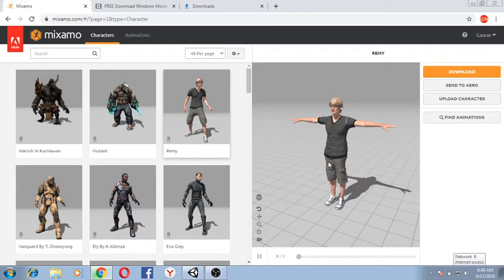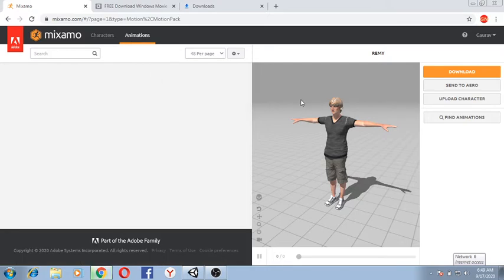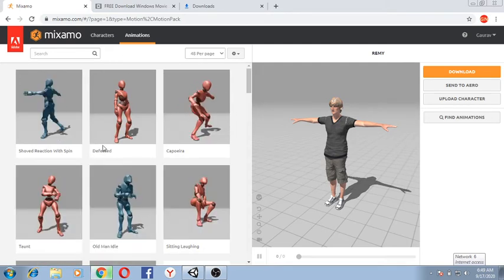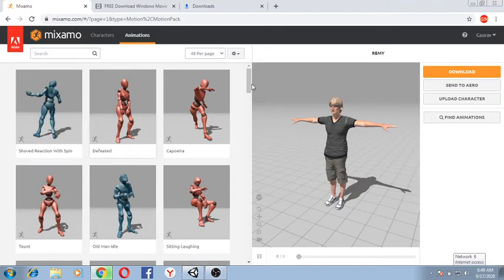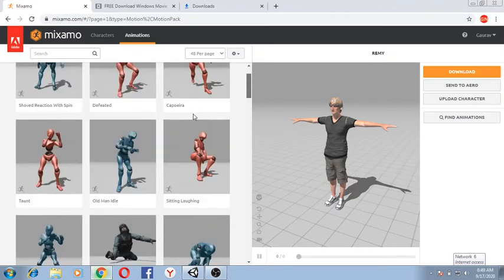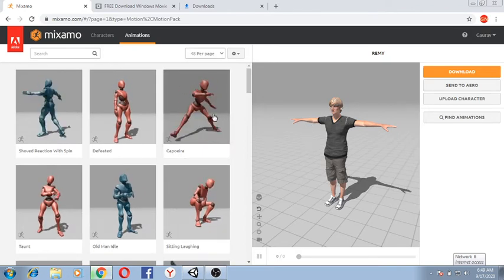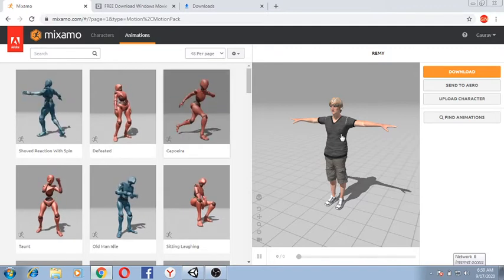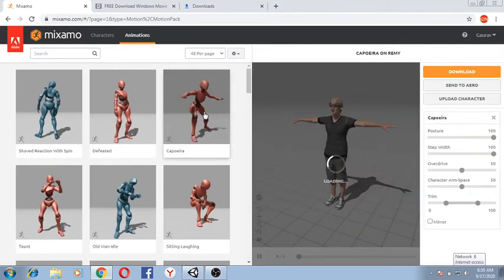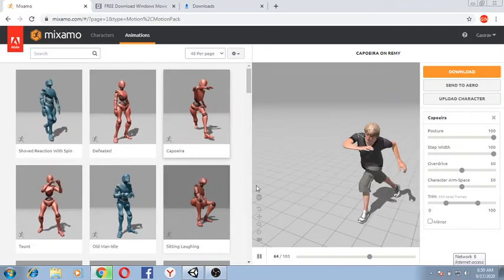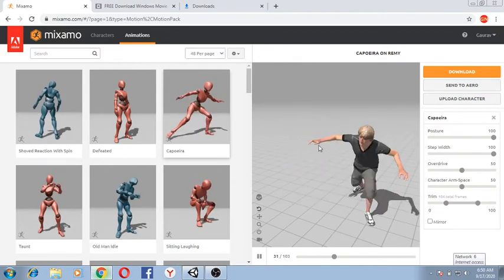If I want to make him move, I need to impart some animation to this boy, and for that I need to come to this animation tab, and here I will get to see different people, different robots doing different kinds of animation. So whatever animation you want to apply on this image over here, you can apply that. So I am applying this animation on this 3D image. You just have to click on this, and automatically the animation will get loaded and it will get applied on this 3D image like this.